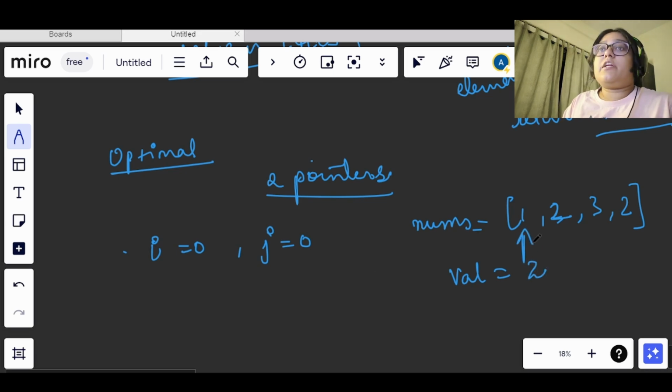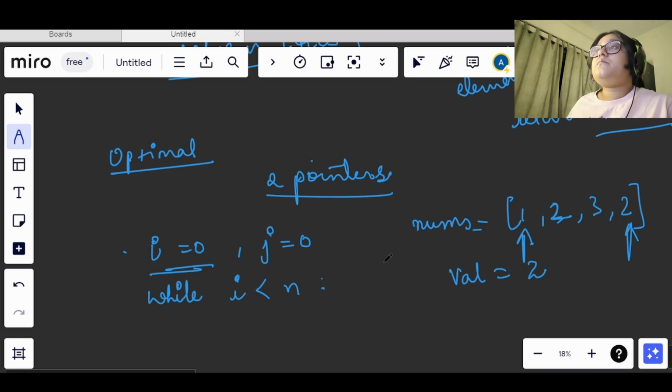We will start iterating from here, right? While iterating, we need to check that the index does not go out of the bound of the array, so for that we will use i, and it will go till less than n.